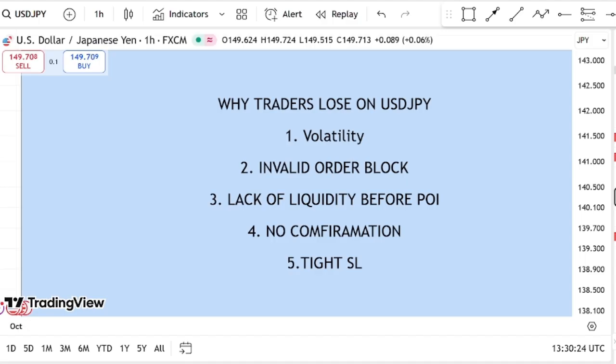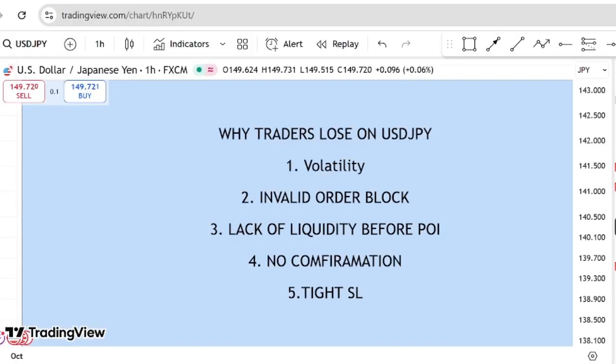So in today's topic, we'll be looking at the truth nobody wants to admit. The USDJPY market isn't just volatile, it is a trap. It is a trap. And as I earlier explained, USDJPY is very volatile, and if you don't understand how to trade it, then that's what forms the liquidity market. So now we'll be looking at